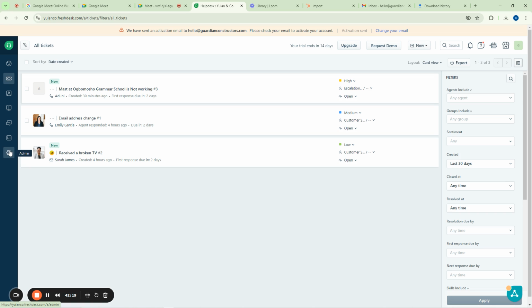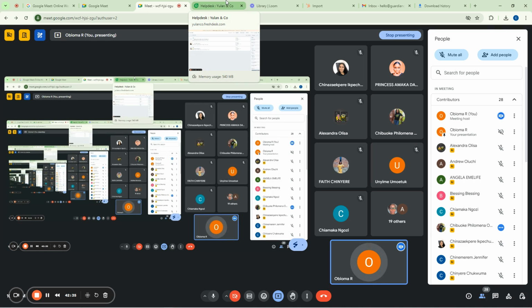So the purpose is that if we don't do that now, we're not going to get what we're going to link it with. And in case you're thinking of linking it up with wire and scissors or sewing it with thread, no be that kind thing we wan do o. Or say you want to go and tie it with rope and be dragging it, no be that kind one o. That's why it's called integration. Integration simply means we are going to combine two things